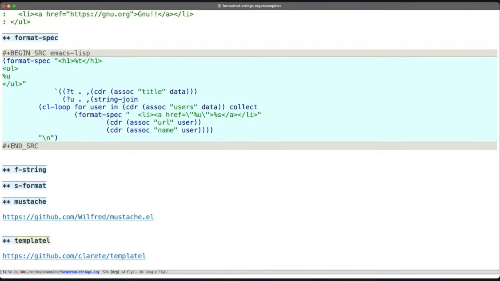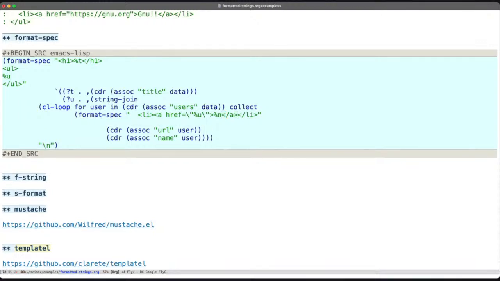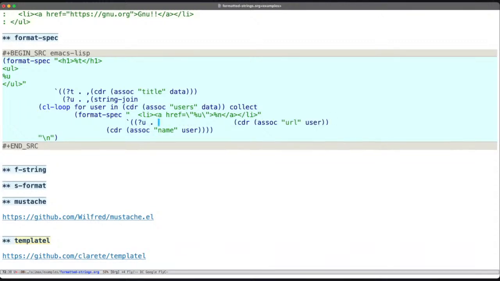And then this one will be %n. And here we need to put a comma. No, backtick here. So now we're going to use %u here as the cdr there,